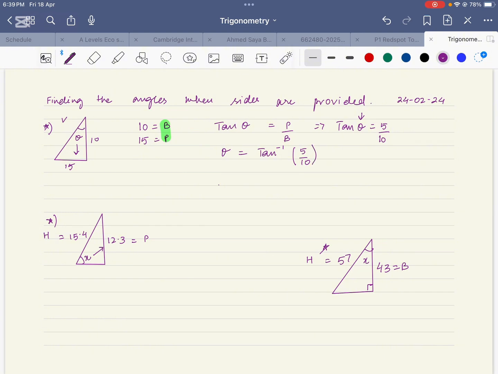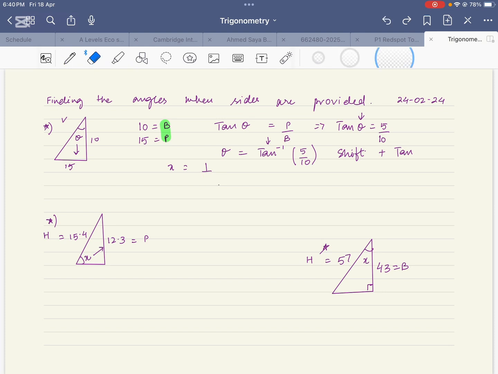If you look at your calculator, you will see a shift button, right? So first you press shift plus tan, then you get tan inverse. As you can see, above the sine, cos, tan buttons, you can see sine inverse, cos inverse and tan inverse. Where does this inverse come from? Let's go back to the concept of indices. x, when it comes in the denominator, becomes 1 upon x. If I don't want to write it in the denominator, I will write x to the power -1. It's similar to that.